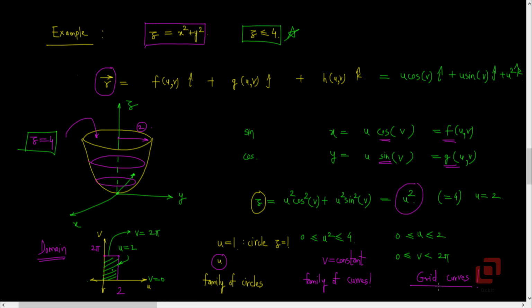In the last part we introduced ourselves to the concept of grid curves, wherein we allow one of the parameters to be a constant. We let the other parameter take all possible values from its domain. So we get two families of curves. First one by letting u be a constant and v vary, and second by letting v be a constant and letting u vary.